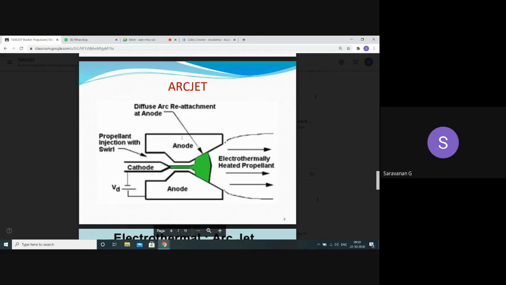So what is the principle? Because of the potential difference, charged particles, or the propellant, pass through the system. Creation of the charged particle, then it passes between the anode and cathode, and the motion accelerates the propellant. Then, because of the potential difference, an arc forms at the anode. The propellant passes through the arc, is heated up, and is expelled as mass out of the nozzle as electrothermally heated propellant, giving thrust. Very simple operating principle. You can easily understand how it works.